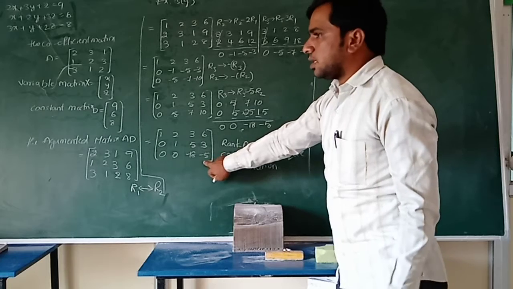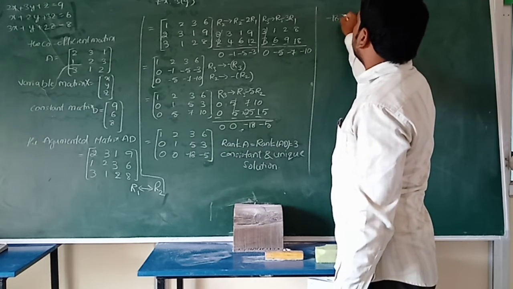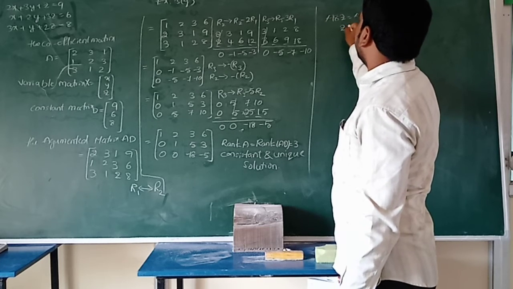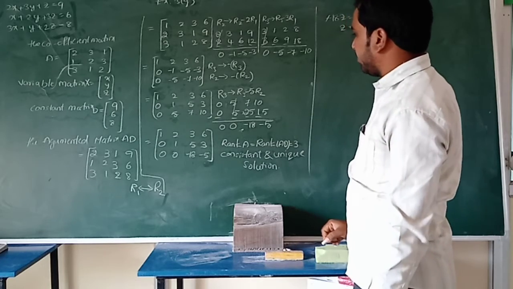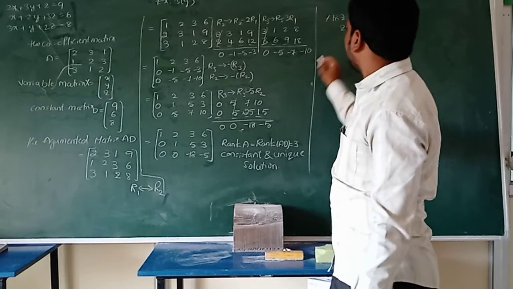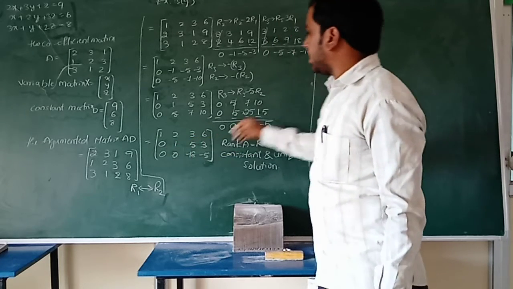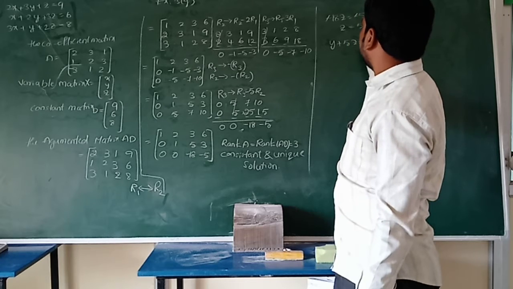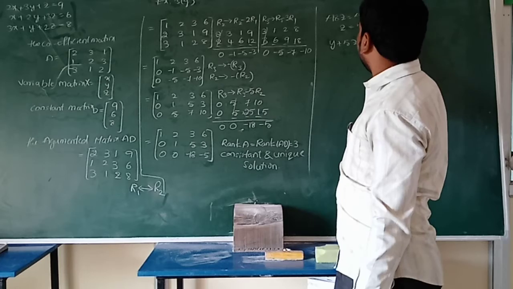This is the constant term, this is the z term, that is minus 18 z is equal to minus 5, minus minus gets cancelled, z is equal to 5 by 18. Okay, that is 5 by 18. Next, equation number 2: this is x term 0, y plus 5z is equal to 3. This is equation number 1.